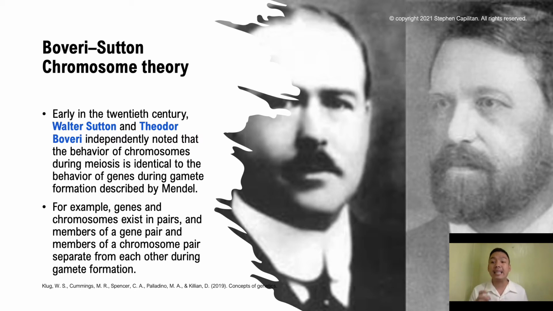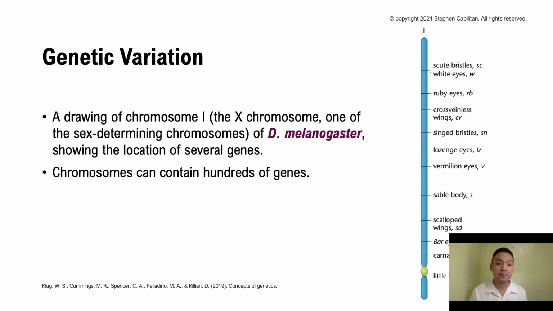Boveri and Sutton independently formulated the chromosome theory of inheritance, stating that inherited traits are controlled by genes which reside on chromosomes and are faithfully transmitted through gametes, either the sperm or the egg, maintaining genetic continuity from generation to generation. And these genetic variations are